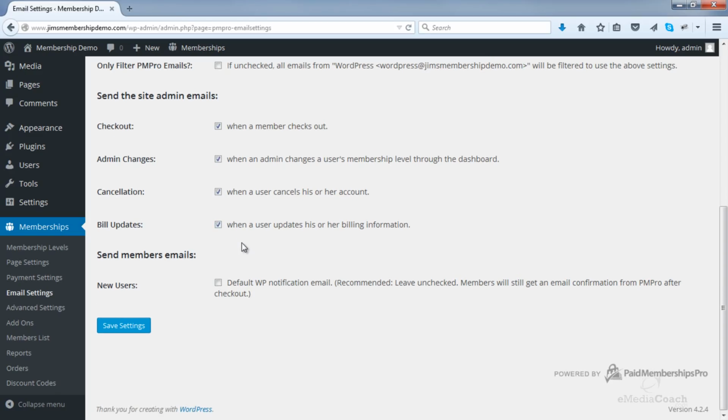So we want to be notified of all of that, so leave that all checked. I would recommend leaving this deselected. Reason being is members will already get an email from Paid Memberships Pro when they check out, so there's no need for you to double up on that. So I would leave that unchecked.